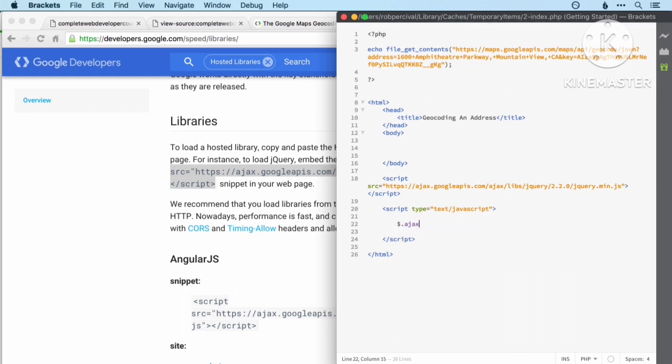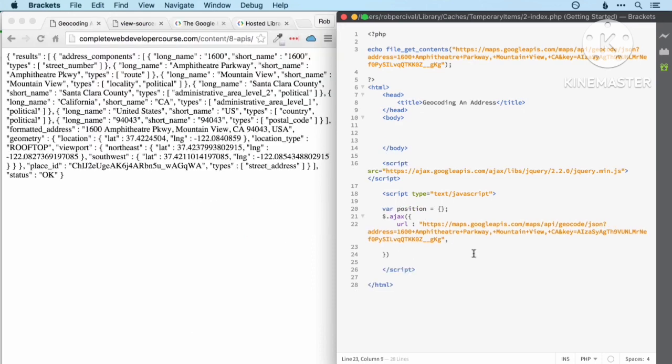So we start off as before, calling the AJAX function. And then we're going to do this with a bunch of parameters. And the first one is going to be, as usual, the URL. And that, of course, is going to be the same as what we had before. And then we'll add a type of get. So this is a get request rather than a post one, because we're just getting something, we're not posting any